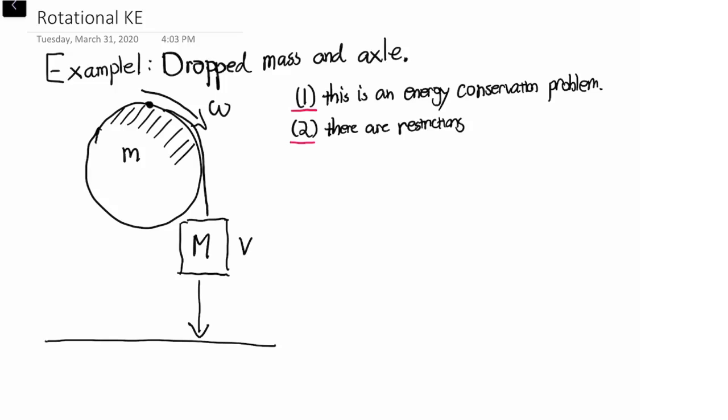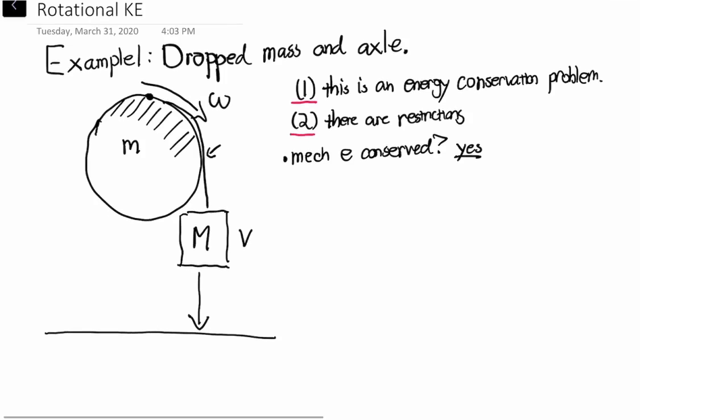I want to first write down the total energy of the system, right? So, well, first, we need to ask whether mechanical energy is conserved. So in this problem, let's assume that this string is taut and massless, so no work is being done on the string. So all the work in this problem is done by gravity. Therefore, we can say that yes, total mechanical energy is conserved, and I can write down E total is going to be equal to, right, mgh,